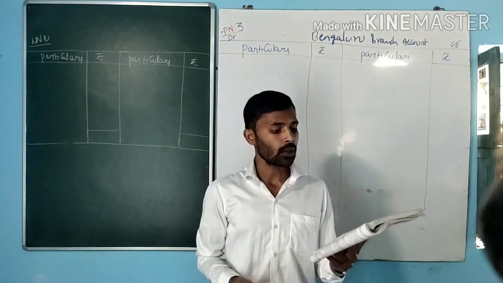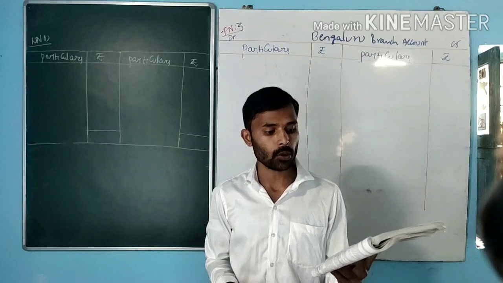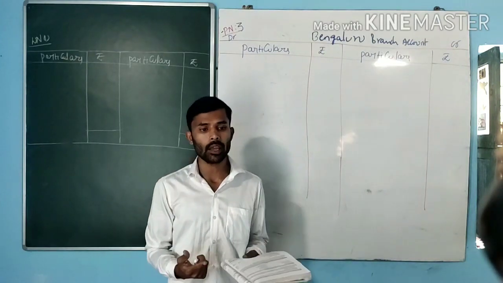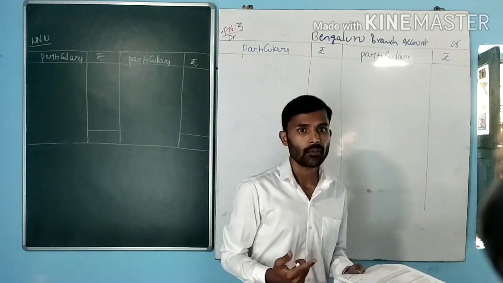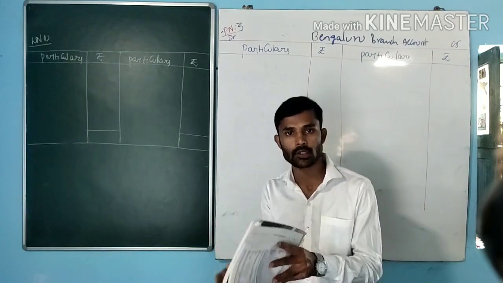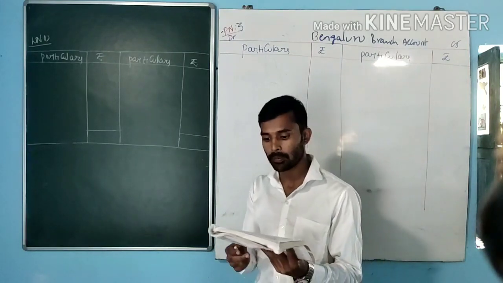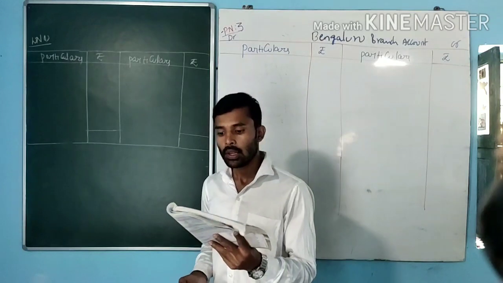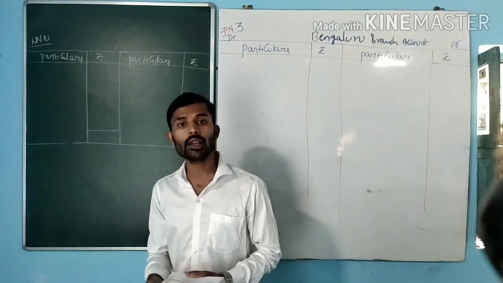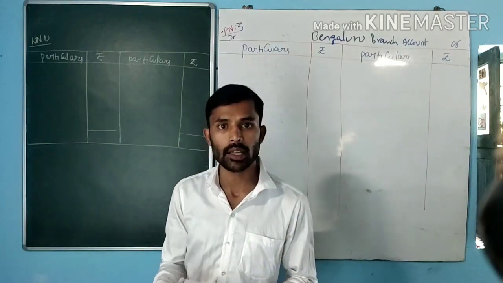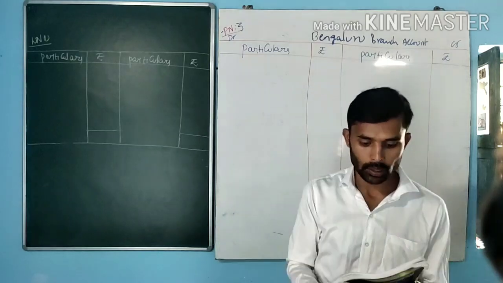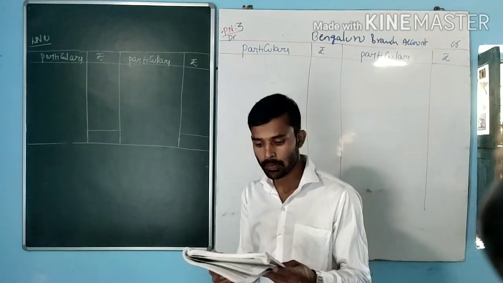Now, full stop, all the cash collections are to be remitted to head office. Whatever sales are made by the branch in cash, that is whatever cash is collected during the day, has to be remitted to the head office by end of the day. Next, the head office sends cash to the branch to meet the expenses at the branch. Whatever expenses occur in the branch are met by the head office, so all the expenses you write under debit side.